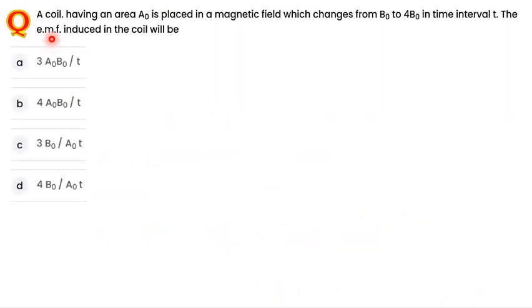Coming to the next problem: a coil having area A naught is placed in a magnetic field, which changes from B naught to 4B naught. So the magnetic field has been increased in a time interval of t. Now if the magnetic field is increased, what about the EMF? The EMF induced in the coil will be,